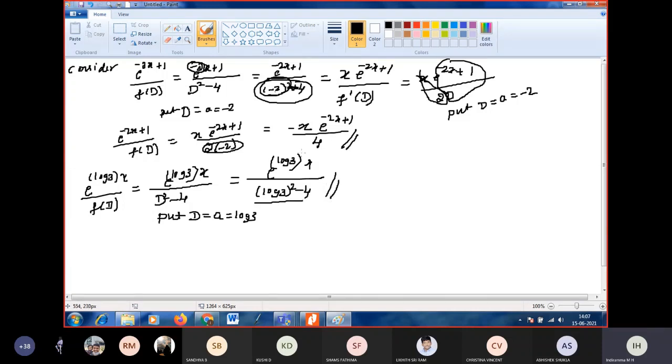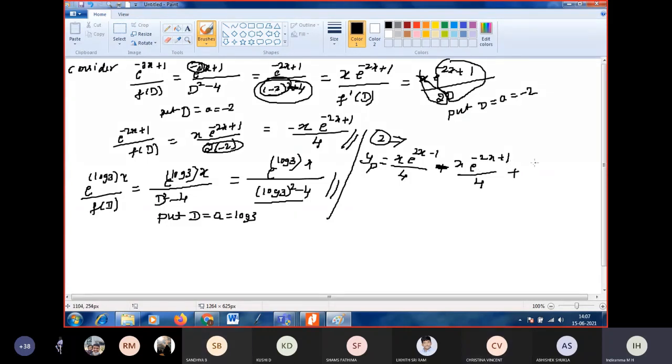Now substitute all these values in yp. Okay, now equation 2 becomes yp is equal to, what is the solution for the first term? x into e power 2x minus 1 by 4. Yes, ma'am. Plus the second term: plus into minus, you change it as minus x e to the power of minus 2x plus 1 divided by 4. Correct? Yes, ma'am.